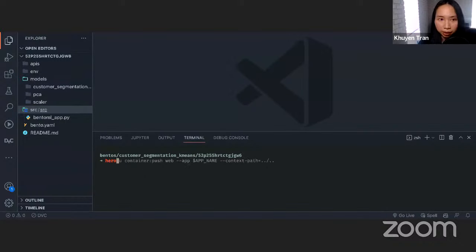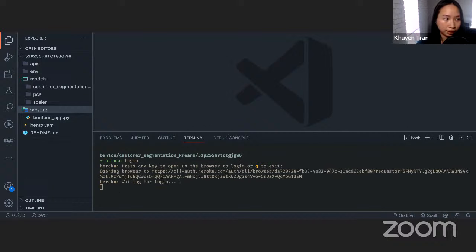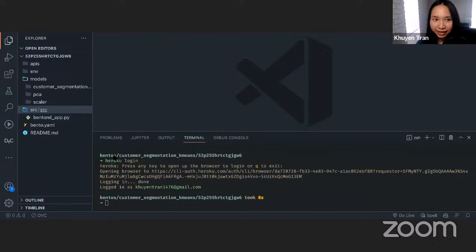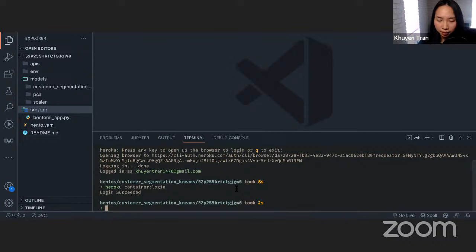So start with logging into Heroku. This opens a browser, and I click login and it will log me in. And then since I use Heroku container, I will also run heroku container:login, and I just log in. The next thing is to